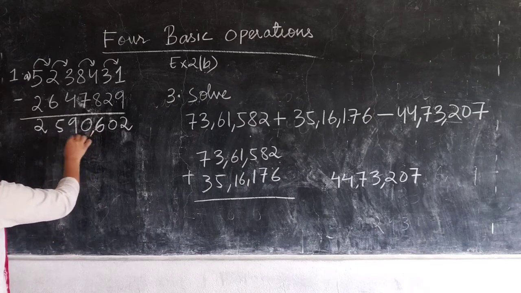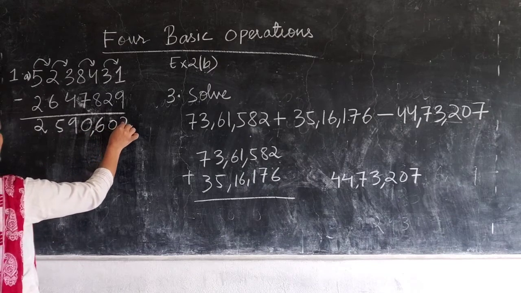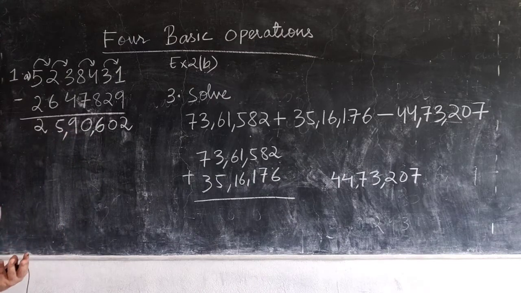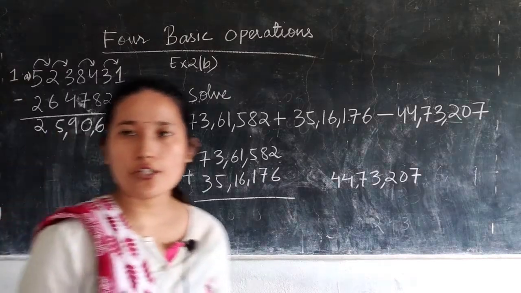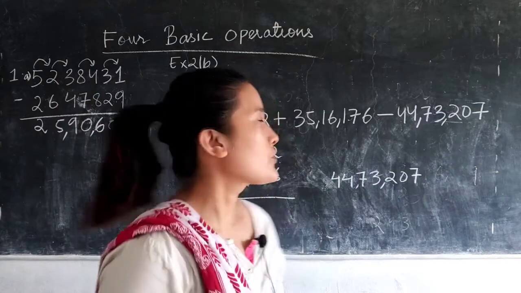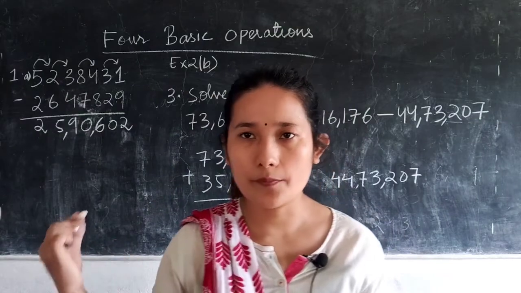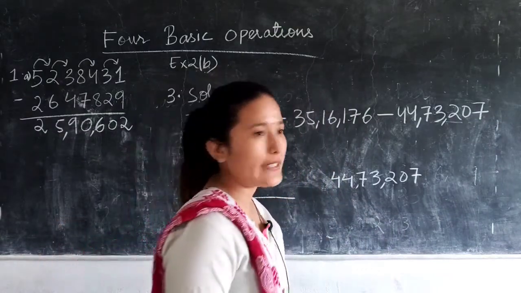You can place the commas. You all know how to place them, right? Thousands place, then thousands. So here. So I hope you understood. You yourself also know how to do it, right? So the next question, number 2, is also similar, subtracting the numbers only. So I will move on to question number 3, that is solve.